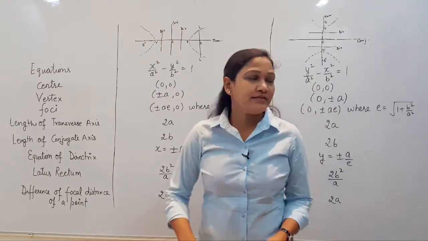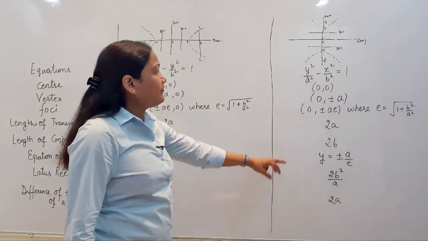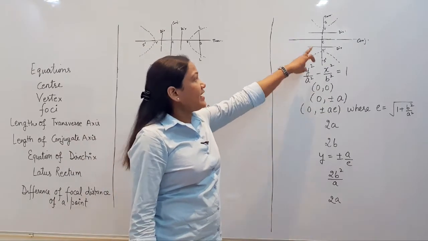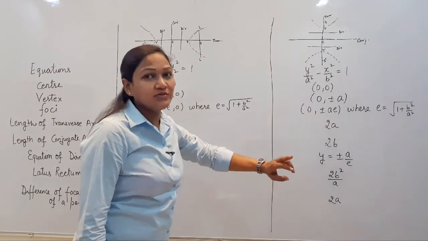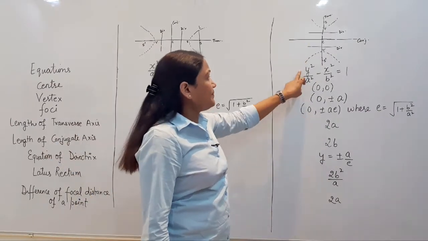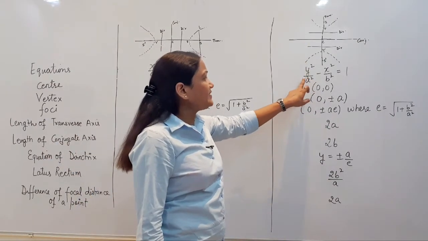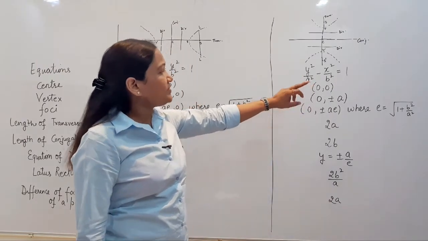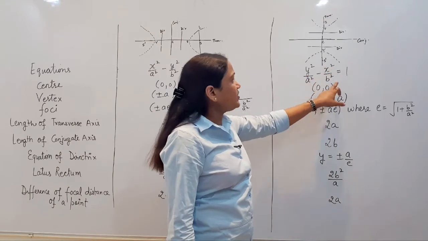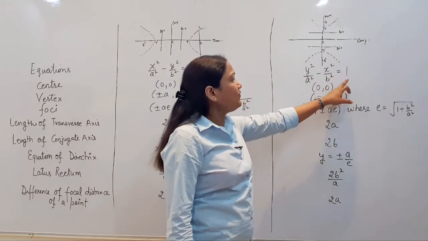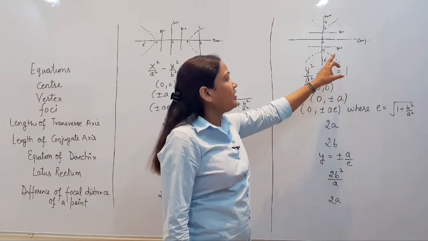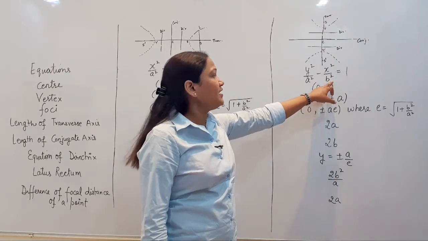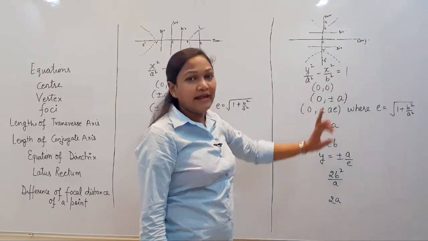Now consider this type of hyperbola, and this is called a conjugate hyperbola, जिसका y axis के along आपका transverse axis होता है. The equation of this type of hyperbola is, क्योंकि y axis के along आपका transverse axis है, so the equation is y square upon a square minus x square upon b square is equals to 1. x axis के along आपका conjugate axis है, तो length of semi conjugate axis will be under x square.